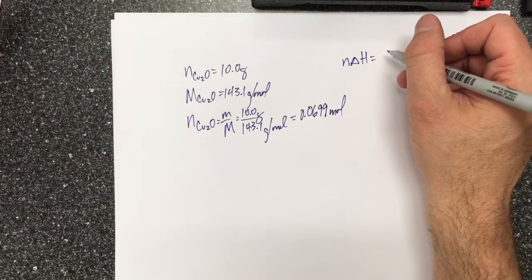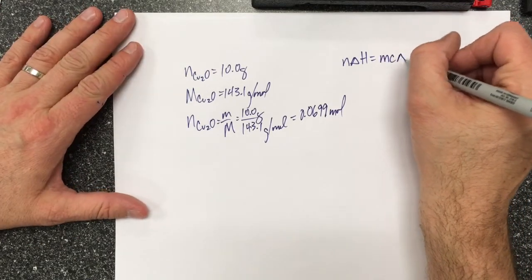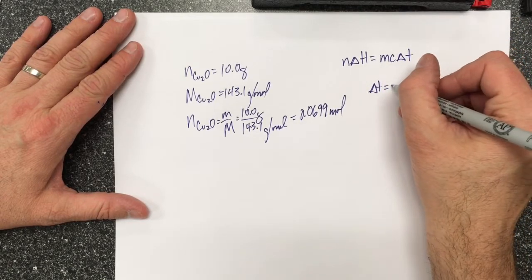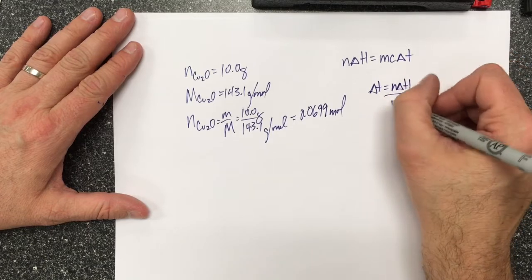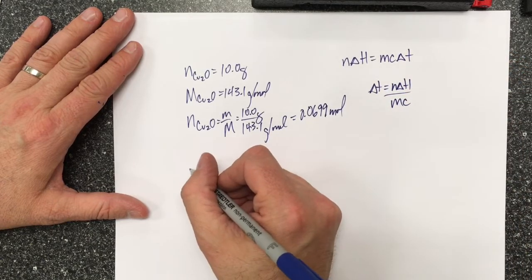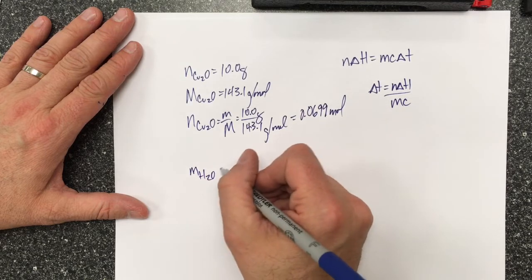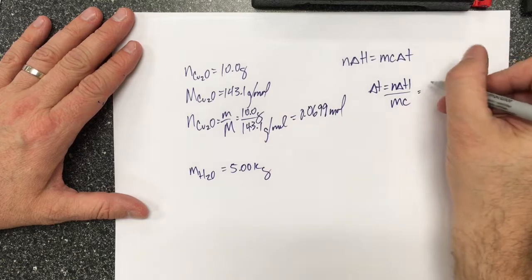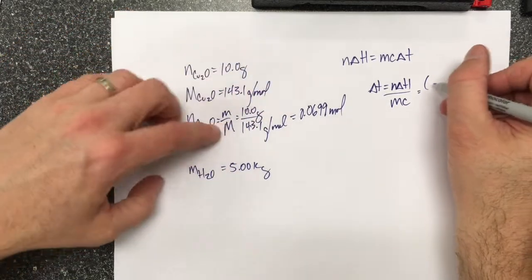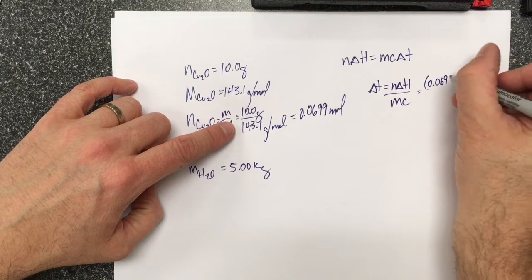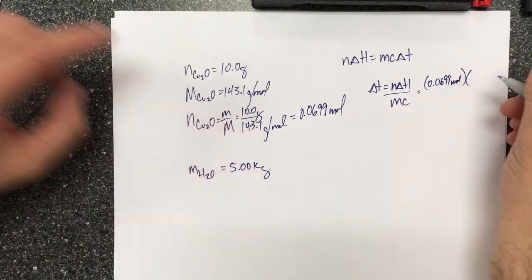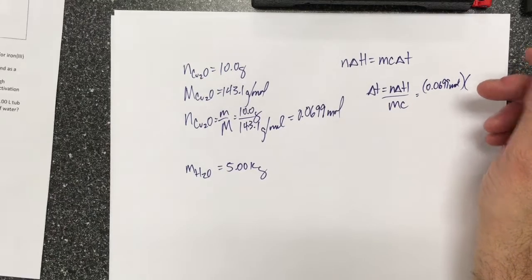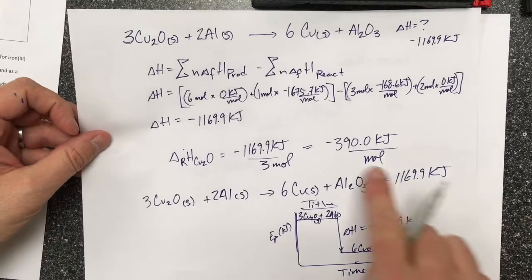Then that's the chemical amount, and the chemical amount times the molar enthalpy, which we've already calculated, will equal the energy transferred, which will also equal mc delta T. In this case, we want to calculate delta T, so it's going to be n delta H over mc. Now, the mass of the water is from the 5 liters, so that's 5.00 kilograms. So I can take 0.0699 mole times the molar enthalpy of the reaction for copper(I) oxide, which we calculated here was negative